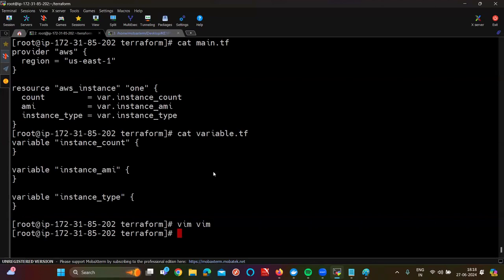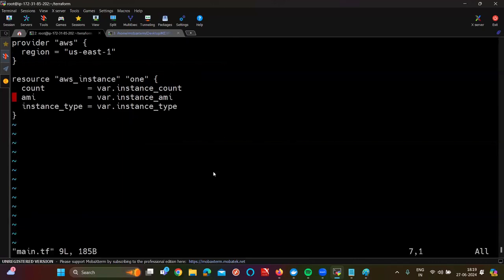So what is the one thing I want to add? I want to add the tags. Why? Because name is also a variable. Whenever the value is changing, you need to put here variable. So put tags is equal to, how can I define the variable of tag here? Name is equal to, guys, in tag N should be capital. If you give small, it's not going to be acceptable. Okay. Name is equal to, take it from var dot instance